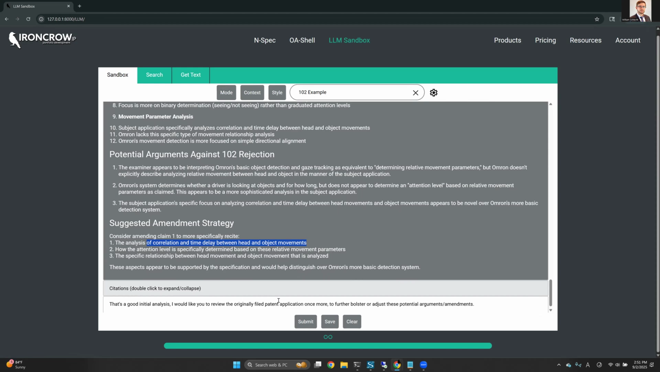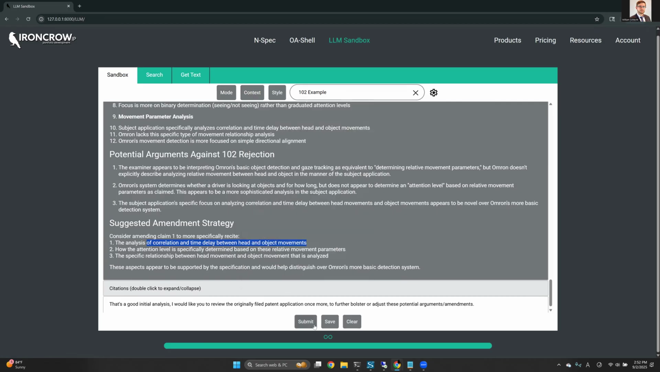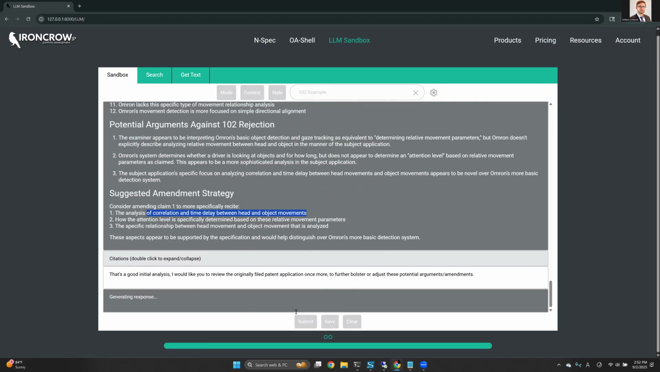So I'm going to say, okay, good initial analysis, but now let's go back to our originally filed application to just double check that that amendment has support in our application. And this is the same thing that I do when responding to an office action. I'll come up with a hypothesis or a guess or a first assessment of what I think a good effective response strategy would be. But then I need to kind of iteratively go back to our application, the originally filed application, make sure we